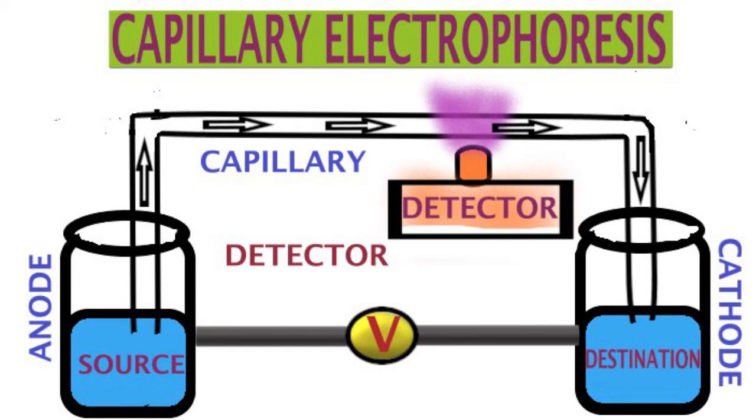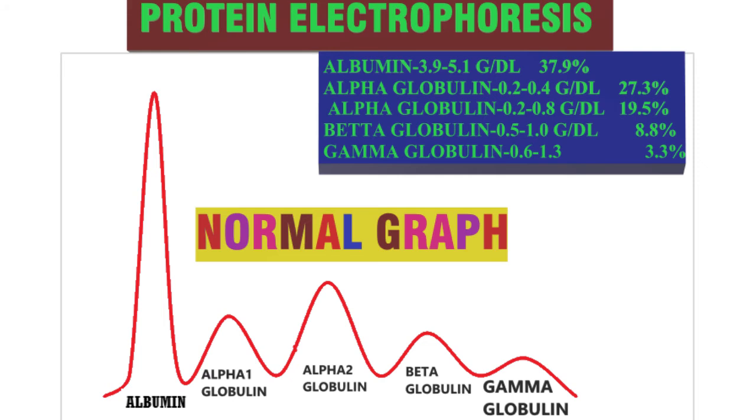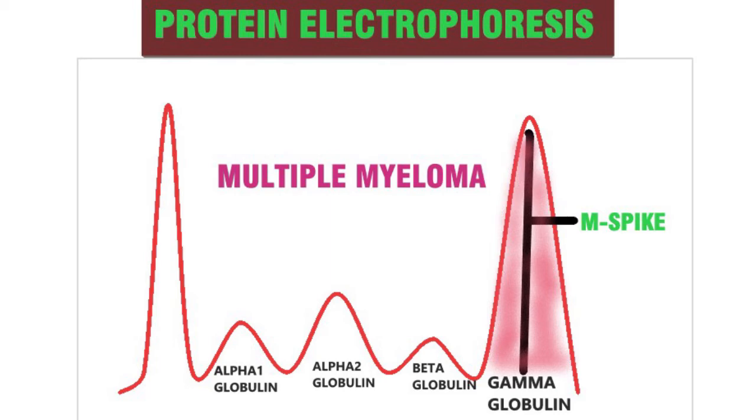Protein electrophoresis can separate proteins into 5 to 6 zones like albumin, alpha 1, alpha 2, beta 1, beta 2, and gamma zones. The immunoglobulins or antibodies are generally present in the gamma region. Immunoglobulins consist of 2 heavy chains and 2 light chains, kappa and lambda. A narrow spike is suggestive of monoclonal gammopathy, called the M spike. It is seen in monoclonal gammopathy of uncertain significance, multiple myeloma, lymphatic leukemia, lymphosarcoma, amyloidosis, plasma cell leukemia, solitary plasmacytoma.